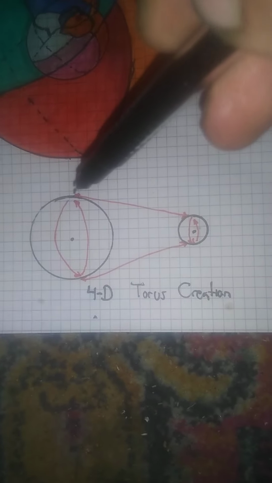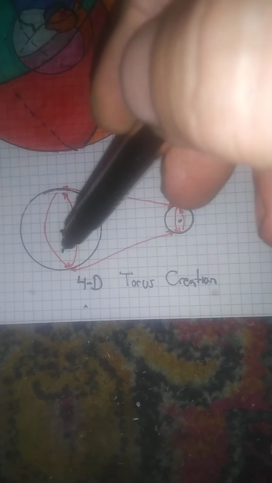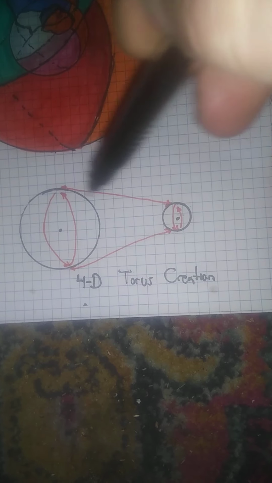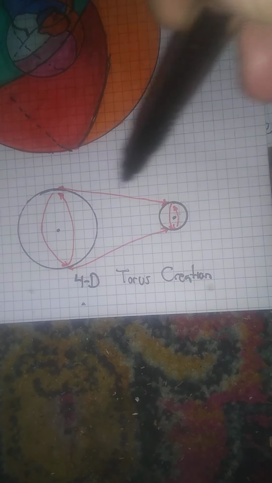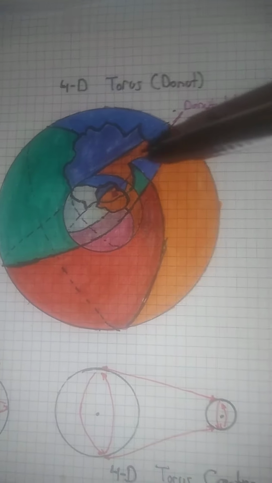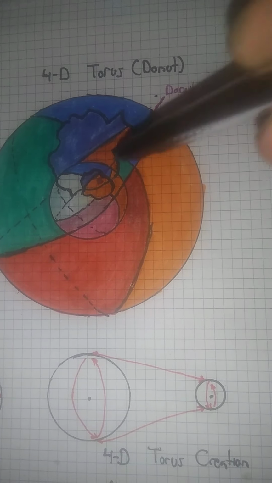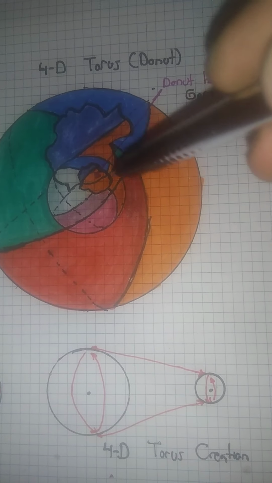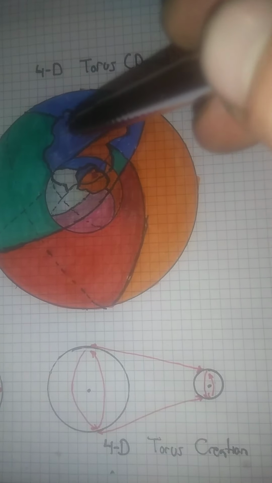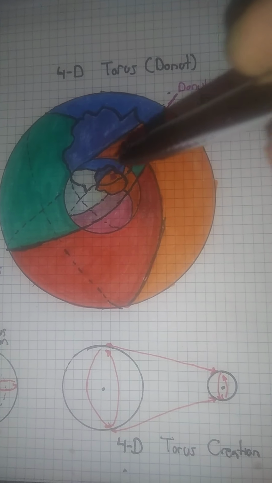So, combining that with the rotation of the ring, with its expanding and contracting, you create a new type of torus, where the donut hole of genus 1 is inside, fully wrapped around. This is a torus, not a solid torus, it's hollow inside. But this is a new type of torus creation, where the genus is